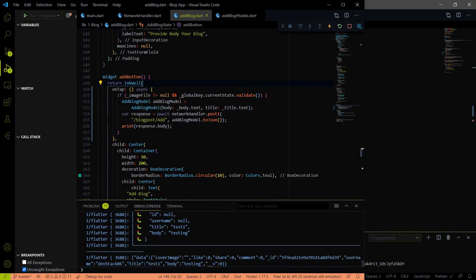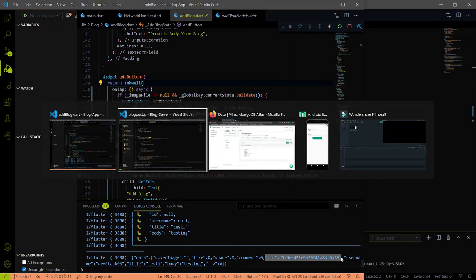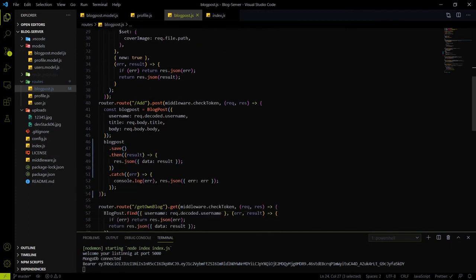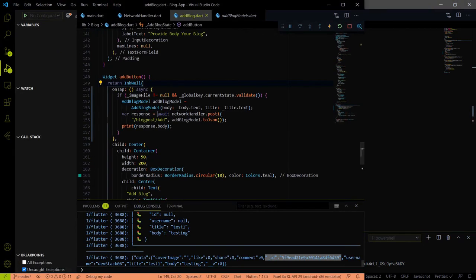Let me go there. Here in the response, we are getting back the ID. We have to pass this ID at the time of calling the REST API endpoint for the cover image. For ease, in the slash add method, I will update a little bit. Here, instead of providing the whole data, which we are getting right now, I will just provide the ID